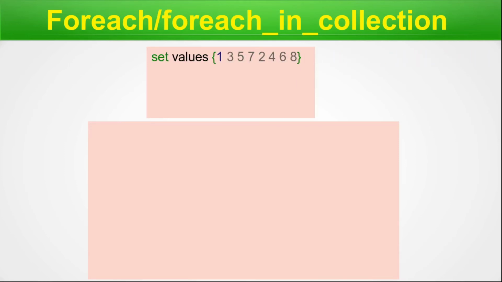So next comes the difference in usage of foreach and foreach_in_collection. The first box will show foreach and the next box will show foreach_in_collection. So let's start. Here we say make a list, set values, and then we have some numerical values in the list, and we operate foreach value in $values, and then we write puts $value. Okay, and we close it. So this is how foreach operates.